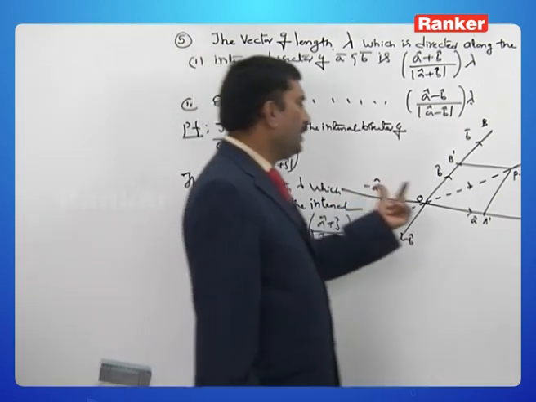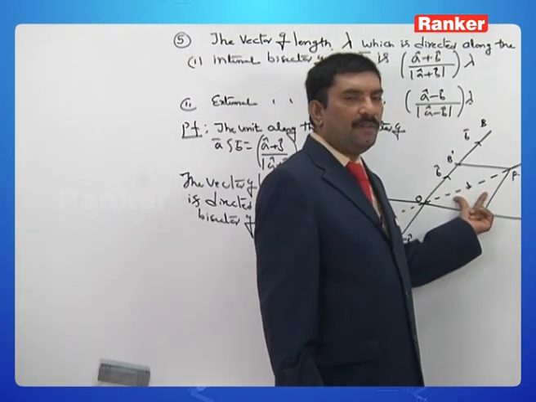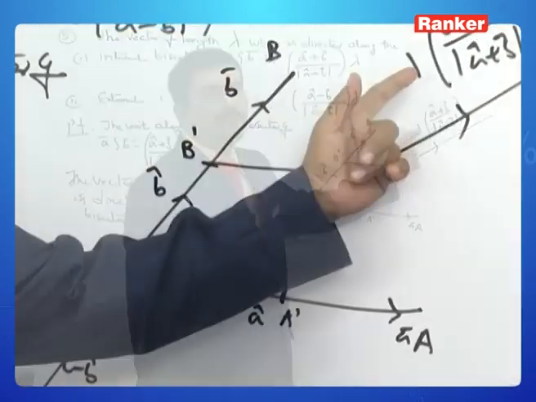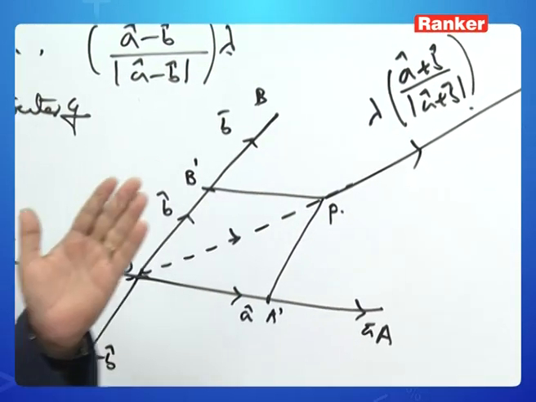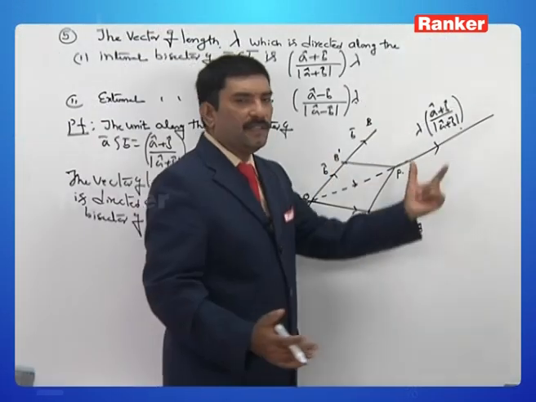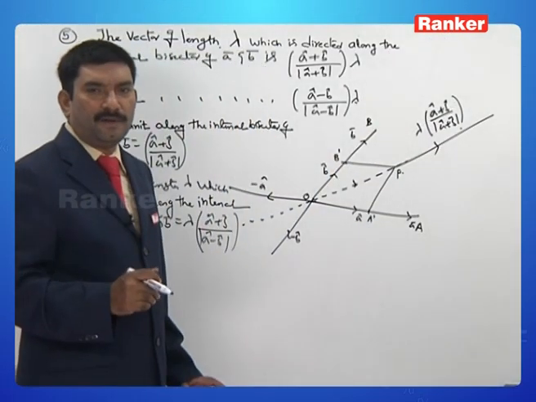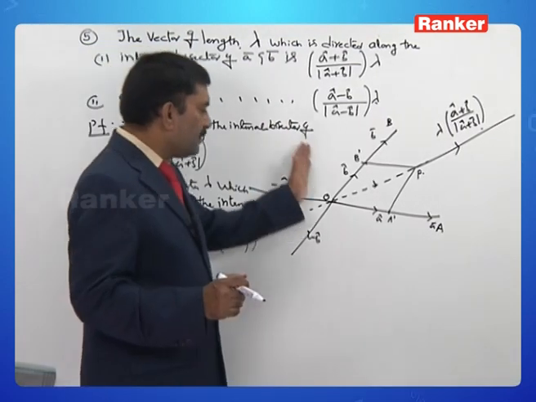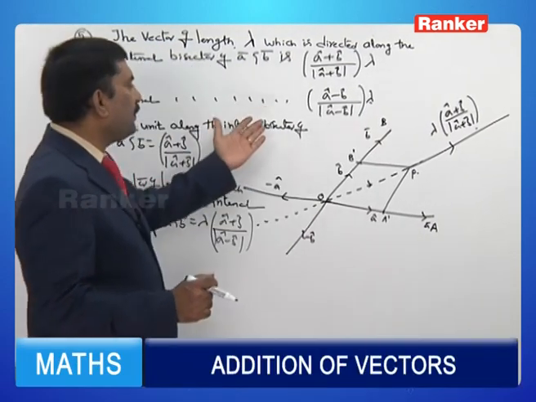Now up to here, its length is 1 unit. For lambda, you have to multiply with lambda into unit vector. If you take its magnitude, once again its length will be lambda. So therefore, now along the external bisector, we can go for